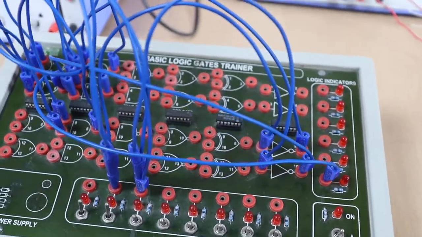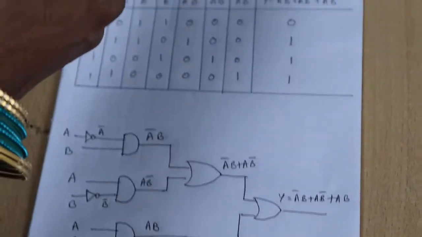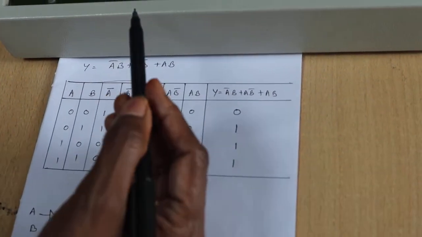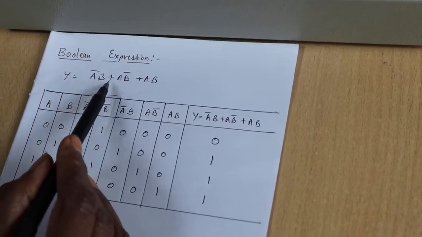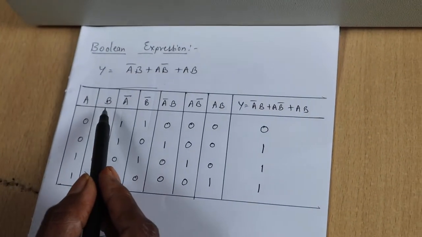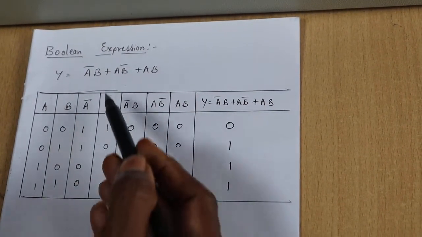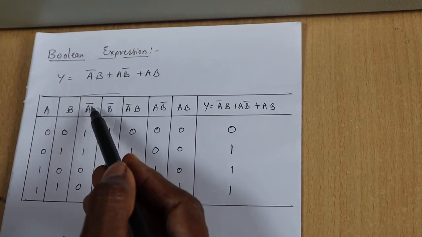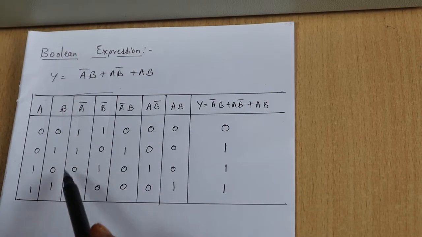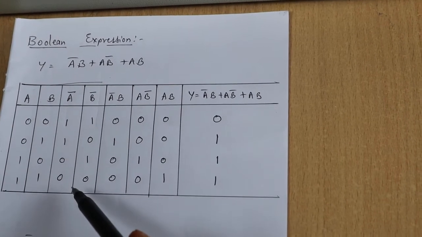Okay. Next, after designing using basic gates and after connections, we have to verify the truth table. So, here in the truth table only two inputs, two variables are there, y is equal to A bar B plus A B bar plus AB. So, A and B are the two input variables, four combinations will be there: 0 0, 0 1, 1 0, 1 1. The first min term is A bar B. So, A bar, the complement of A: A is 0 0 1 1, so A bar is 1 1 0 0. For B bar, B is 0 1 0 1, so B bar will be 1 0 1 0.